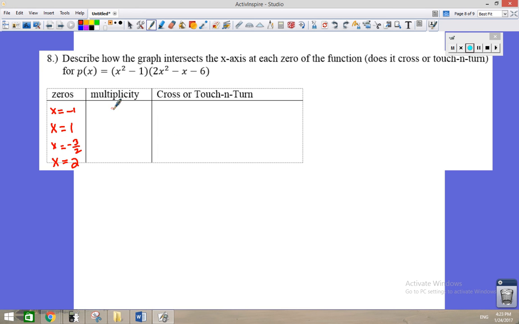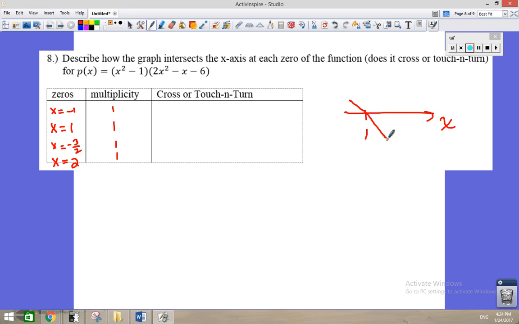So the multiplicity for each of these 4 zeros is 1. And this is wanting me to describe how the graph will intersect the x-axis. Will it come over to the x-axis at x equals 1 and cross,